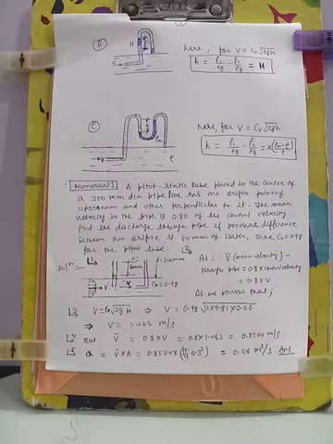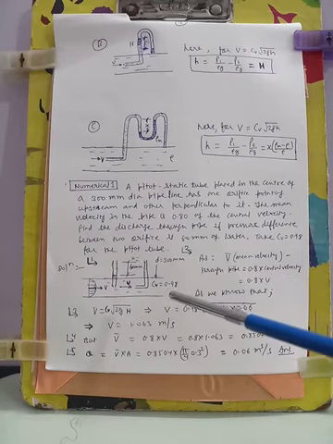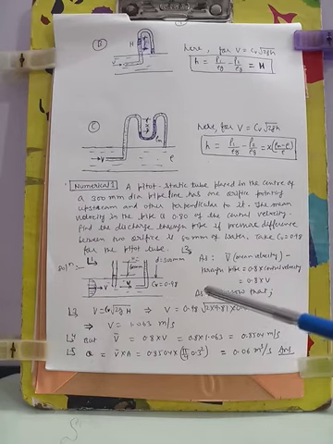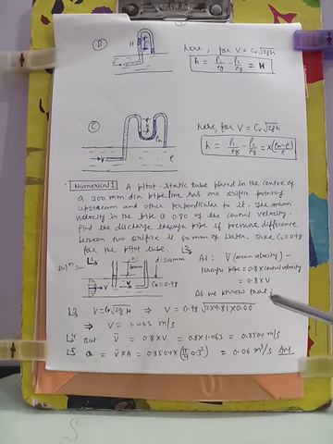So in this way, by using the pitot tube we can measure the velocity of the flow and any other quantity, just like we have measured discharge here. We can measure all these things if we have sufficient data to calculate them.